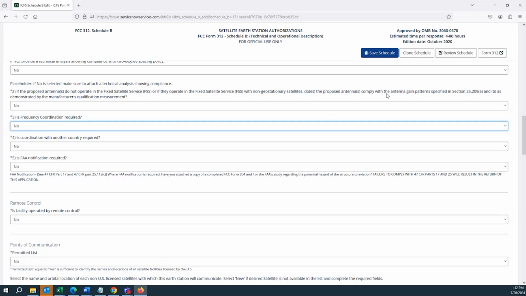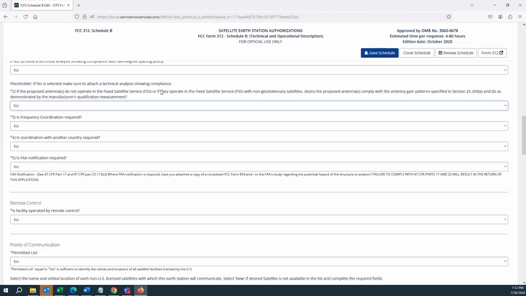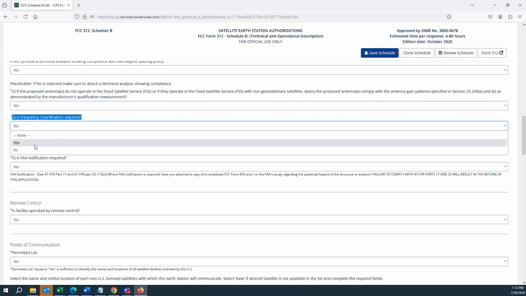And by the way, the Form 312 instructions also contain instructions for the Schedule B, which you can go to find further information about these fields. Let me proceed also to question 3 of the certification details. So is frequency coordination required?